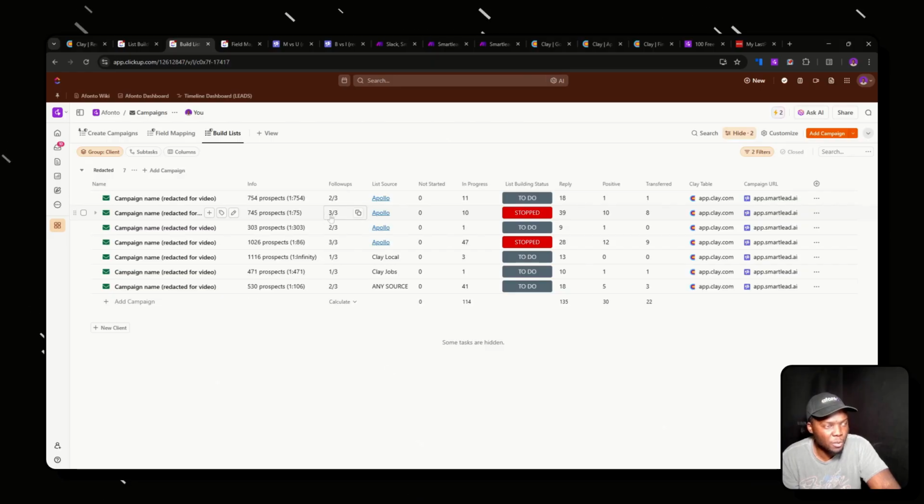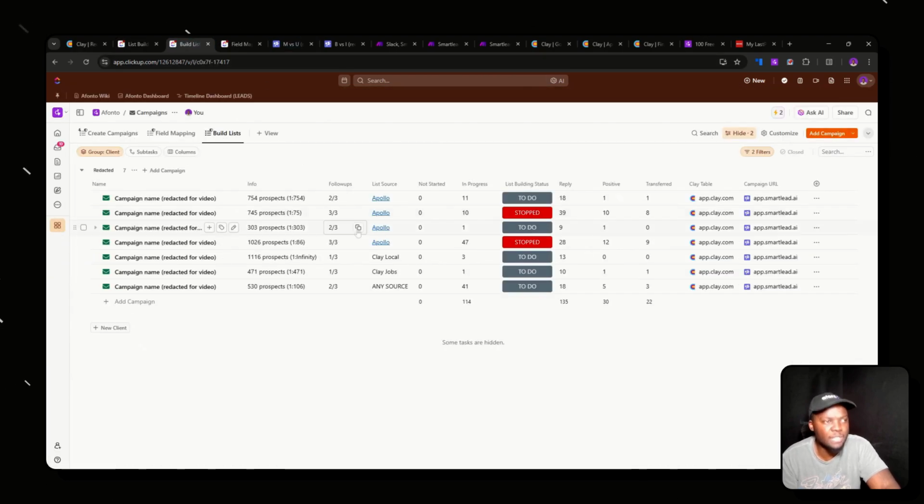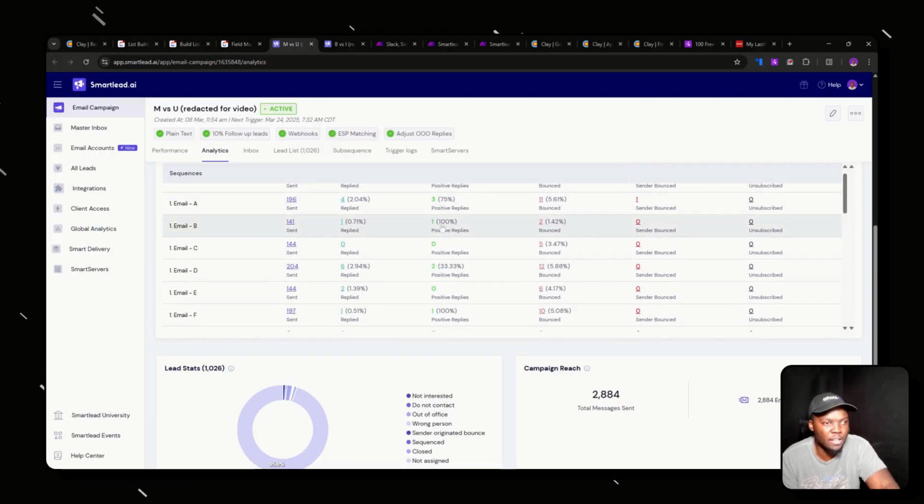What we would actually be doing is, because we've already reached the maximum follow-ups that's allowed, it would automatically be added as a new lead list. We don't need to create a follow-up, right? So that's one of the determinations, right? And so once we've determined that it's going to be a brand new lead list, we then look at these stats and we determine whether this is the campaign that we want to run or whether we want to run another campaign. And so we're getting 1 in 75, but this is 1 in 75 with a lot of